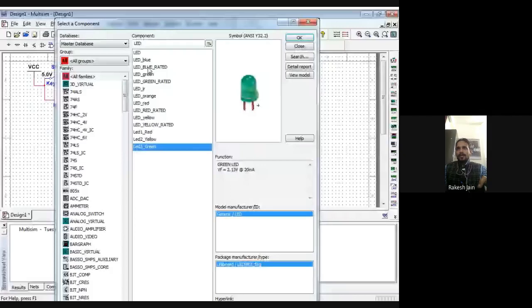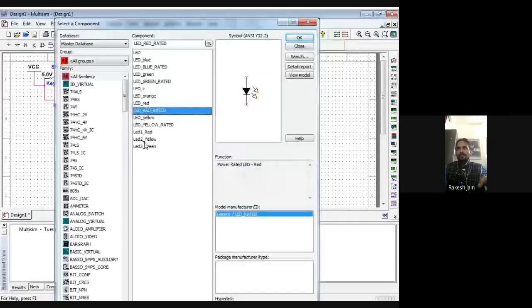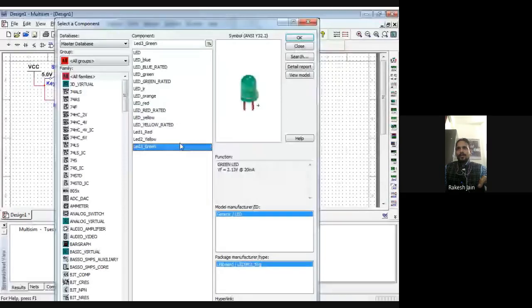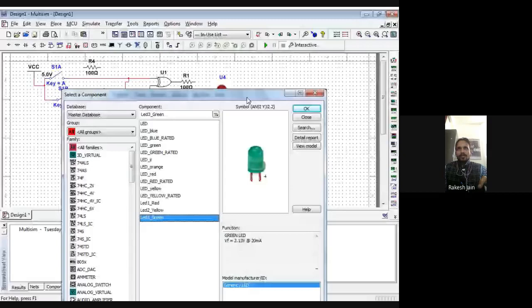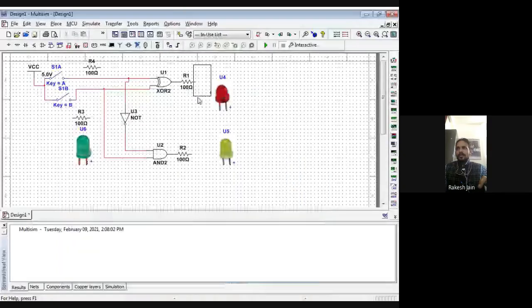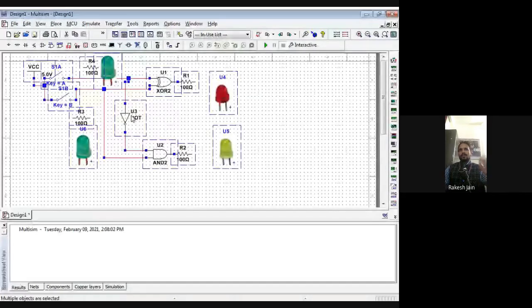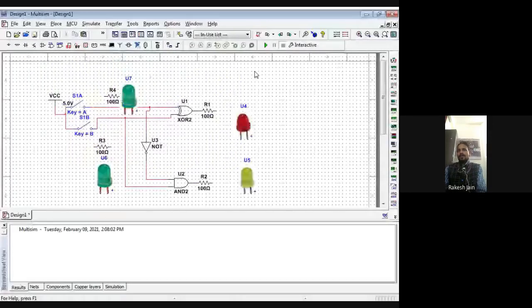And the input side is shown by a green LED for this, and for the other I use any LED, let's suppose a blue LED or a yellow. I use one more green and green, so you will not be confused.